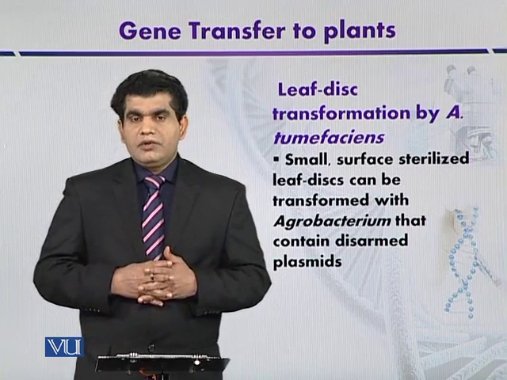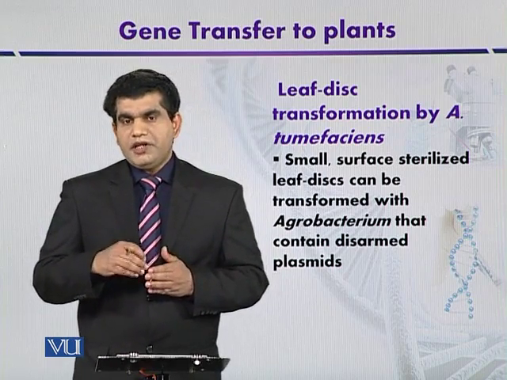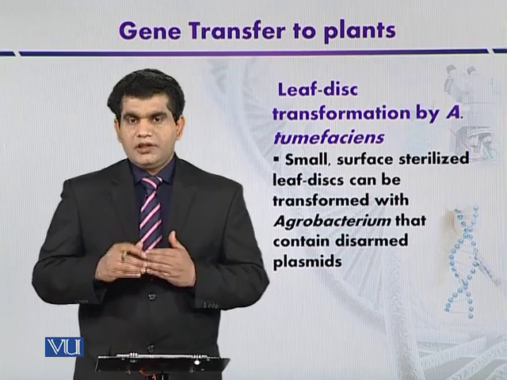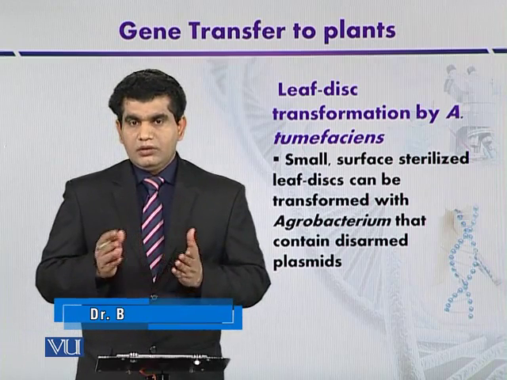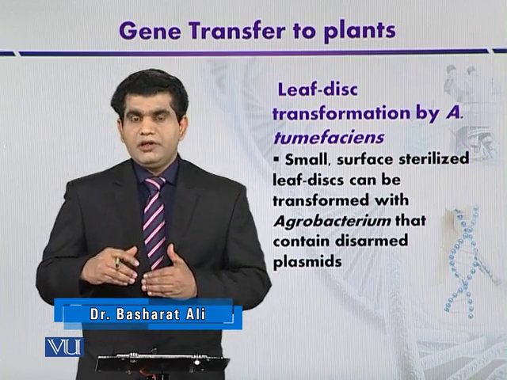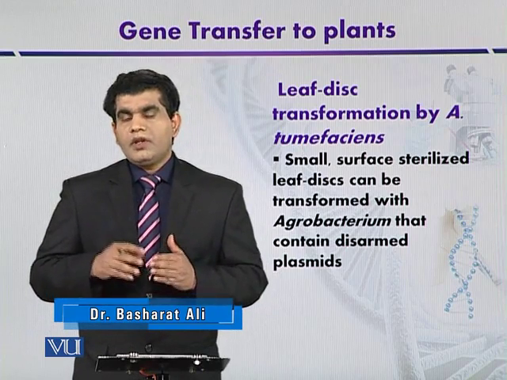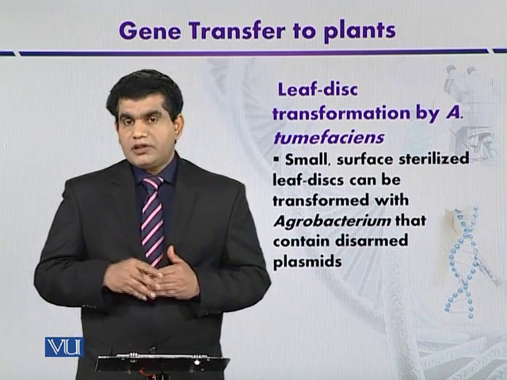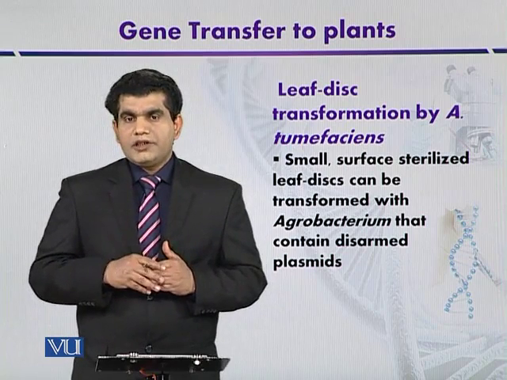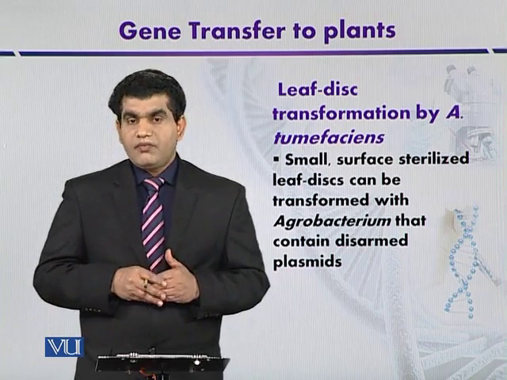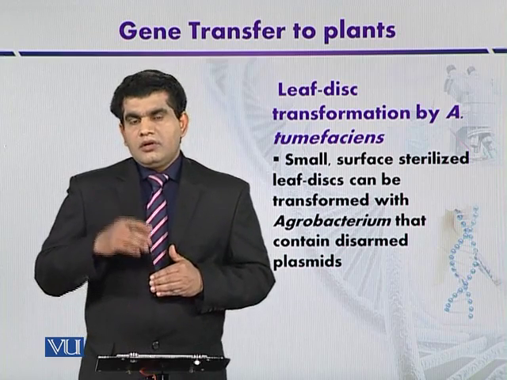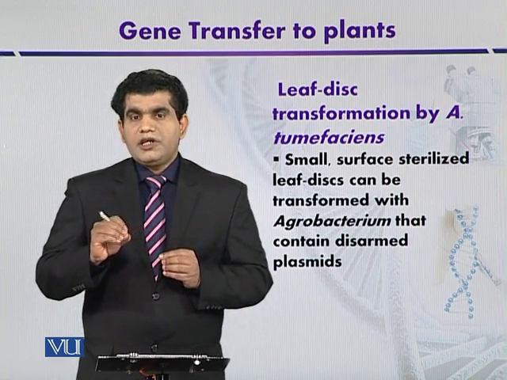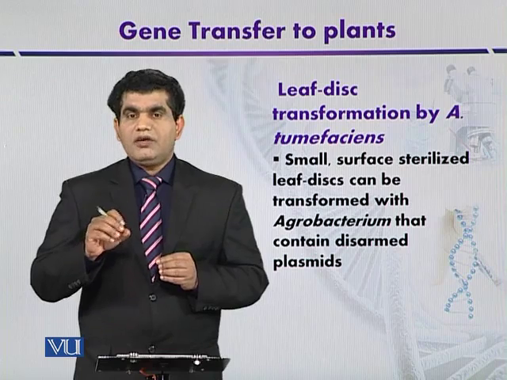And in this case, the leaf discs are made from the leaf tissue by punching, and those leaf discs are then disinfected so that all the other sources of microbes may be eliminated. The sterilization can be performed by using certain chemicals like sodium hypochlorite or ethanol, or some other disinfectants can be used. Once you have carried out the sterilization, then the leaf discs are placed in a suspension of